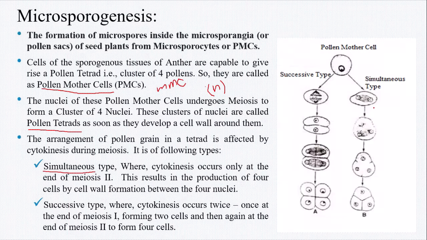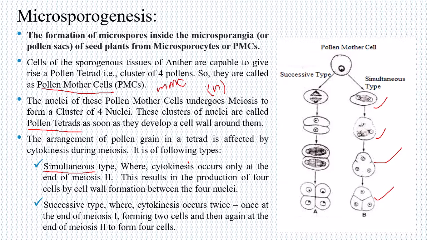Here you will see that the nuclei are dividing. Two nuclei are formed, then again nuclei are formed, and the cell wall is not developed here. You can see that the cell wall is not developing, and when the complete meiosis, that is meiosis second, is also completed, a cell wall is formed. So in this situation, generally a tetrahedral type of pollen tetrad is formed,